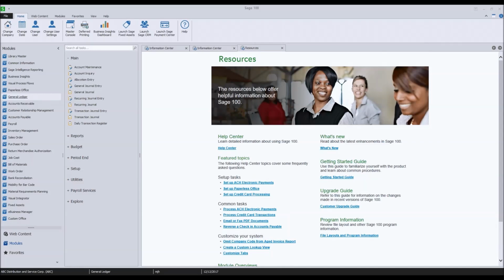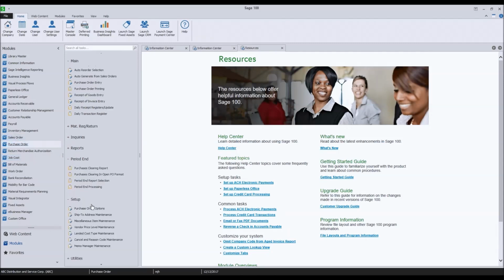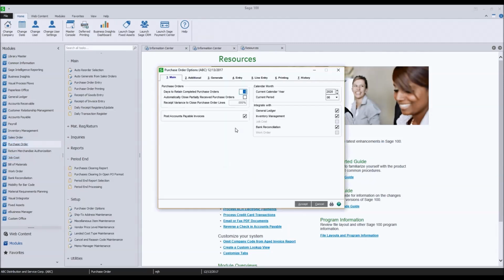Since I'm presuming you're on a more current version, like a 2014, 15, 16-ish, what I would have you do is go into each module's options. So let's say, for example, we want to go into purchase order, our setup folder, and then our options folder.